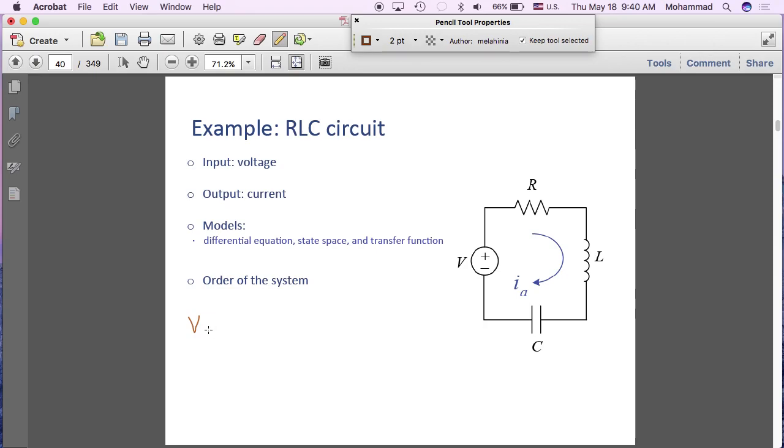The first element is the resistor, so its voltage drop would be I A times R. So I times R is the voltage drop in the resistor. How about the next element? What is the voltage drop there? What is the basic equation for an inductor? L times the derivative of the current. So it's minus L,